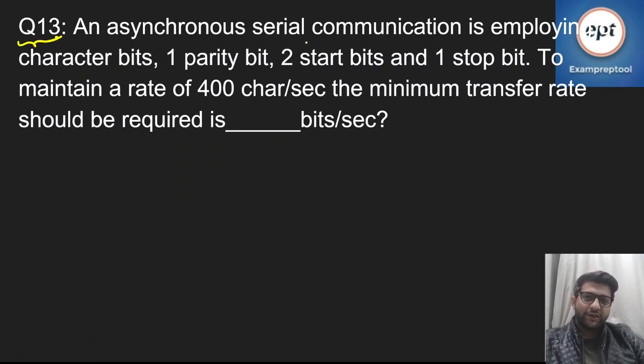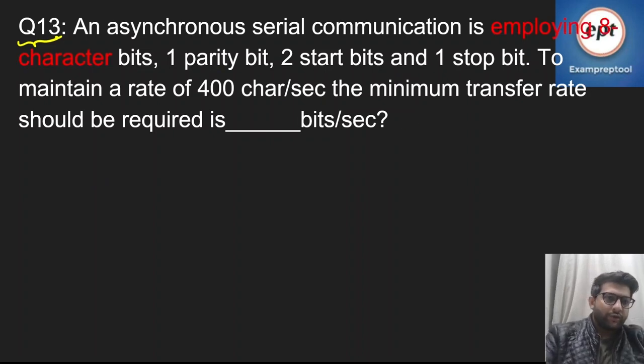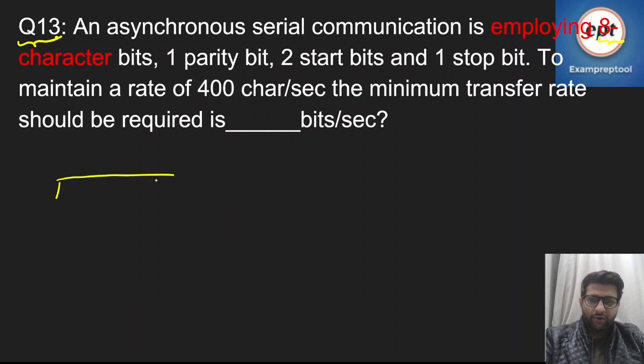It says that asynchronous serial communication is employing 8 character bits, 1 parity bit, 2 start bits and 1 stop bit, right? So if we draw a message format,